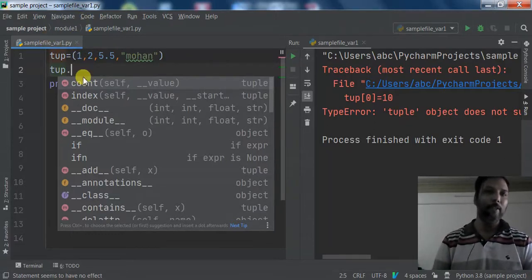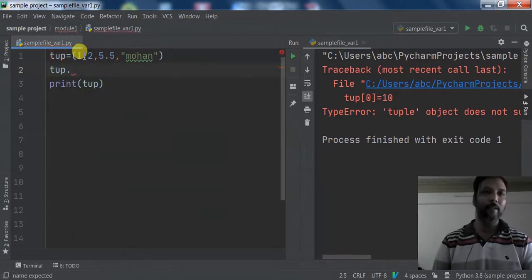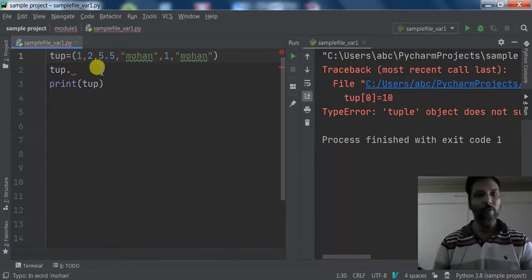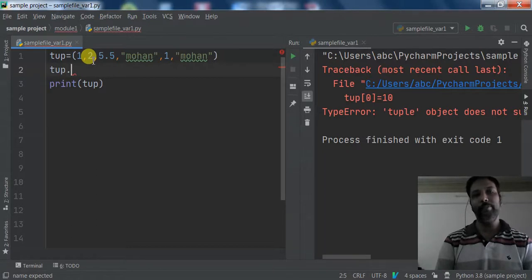Count can check the number of occurrences of an element or item. Suppose here one is there, and if you have taken another one here, there are two elements, so the count will tell the occurrences of one. Or I can check the value 2, and the other value, mohan, is also there. So if you want to check how many times mohan is present in the tuple tup,